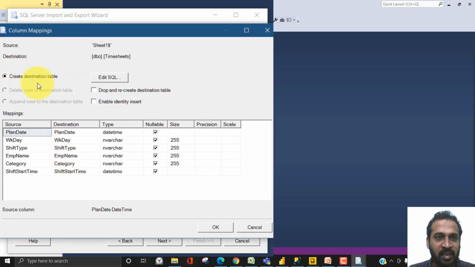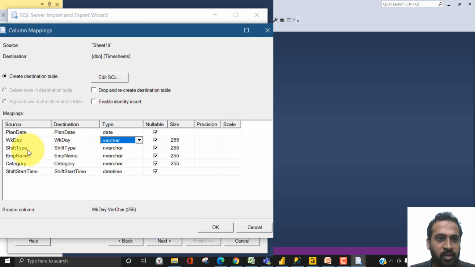Here, as you can see, Create destination table, because this table is not available already, so we need to create a new one. By default, it has taken all the data types here. So plan date is a datetime. I just need a date here, I don't need datetime. You can change it here. And weekday is in varchar, it should be varchar itself, so you can change that as well.